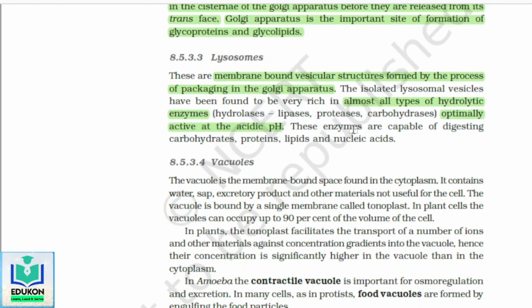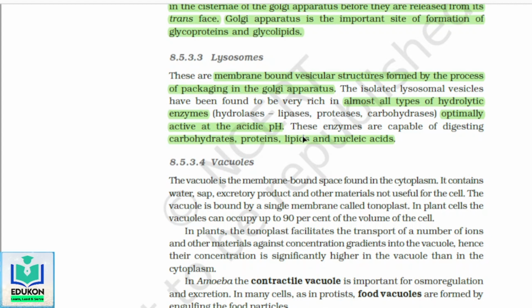Acidic pH means less than 7, you go 6, 5, 4. This is called acidic. If you go above 7, it is basic. So these enzymes are active at acidic pH, and they are capable of digesting carbohydrates, proteins, lipids, and nucleic acids. They digest carbohydrates, proteins by proteases,